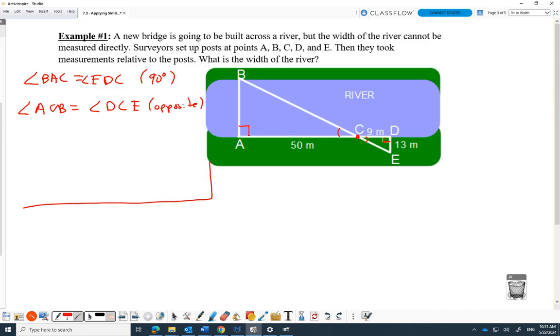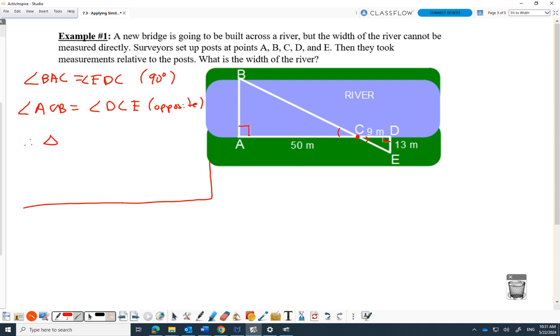Can anyone tell me in their own words why 2 angles is enough to prove similarity? Yeah, once 2 angles are the same, the third angle has to be the same. So when you see it in books, you'll see it as angle similarity. They just go, once you got 2, you're done. The third one's got to be the same. So therefore,